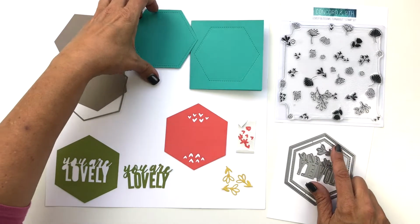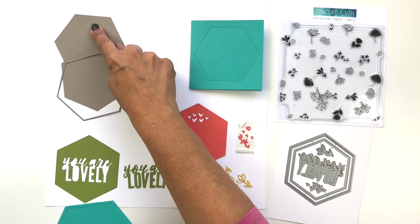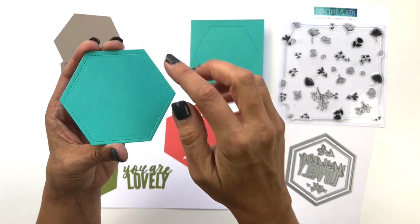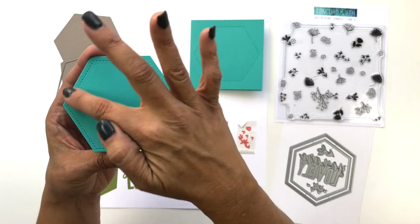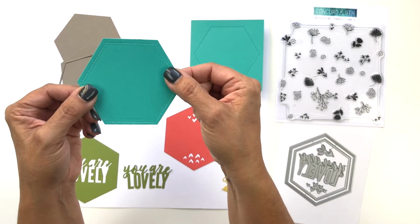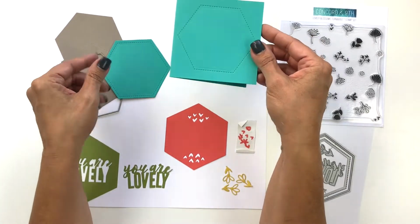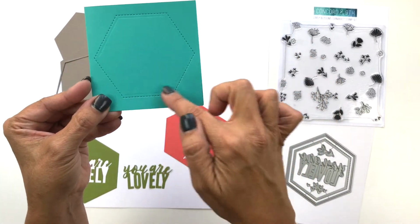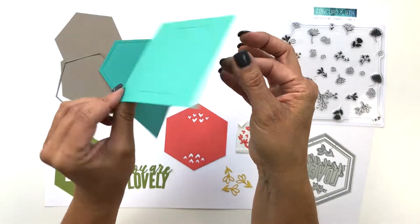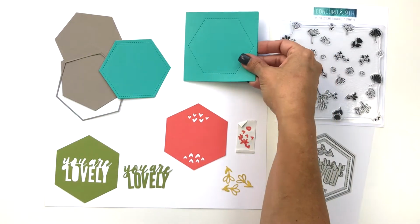Okay, there is also this stitched line in the die. This allows you to either leave it plain or drop your stitched die in when you're die cutting, and you get that fun stitch around the edge. What's great about the drop in for the stitch is if you don't want it, you don't have to use it. You can use it like this, or you can even just use the drop-in stitch on your cards, and it creates this design on the front of your card. Okay, so it doesn't actually die cut it out, it just stitches your card front,